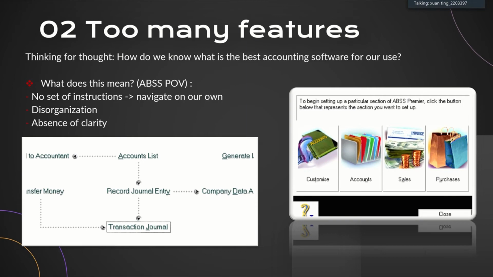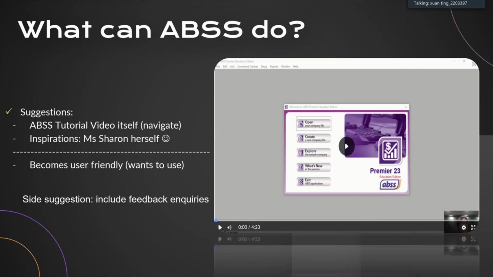A similar example to this is that us students have to do bank reconciliation on a Word document as told, then the software itself because it is not accessible to us. And in addition, my groupmates and I found it quite difficult to navigate around the app, even though tutorial videos have been given to us, which relates to how ABSS can actually make a standardized tutorial video for us to navigate better. I understand that although Miss Sharon has done tutorial videos for us, well, what about the